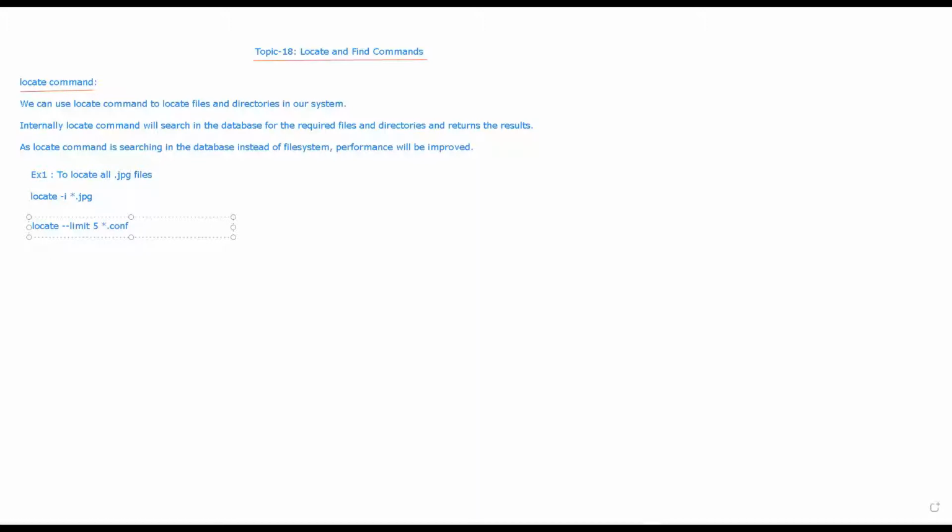It will simply limit the result to 5 searches. It will locate the *.config files, the files ending with config, and only 5 results will be displayed. That is about the locate command.